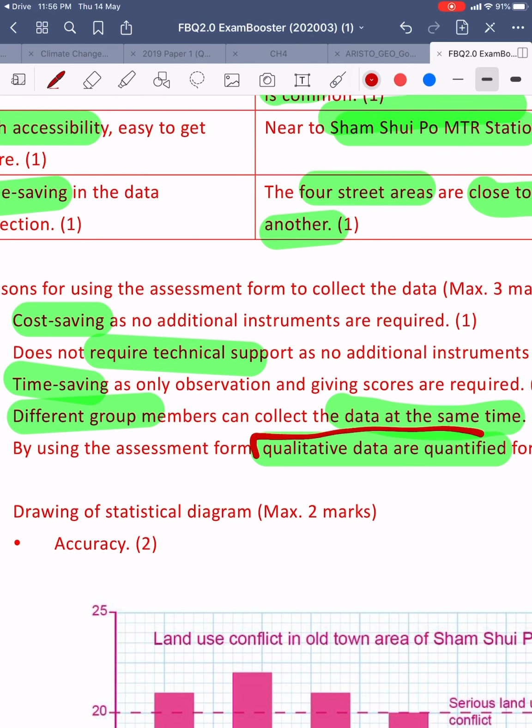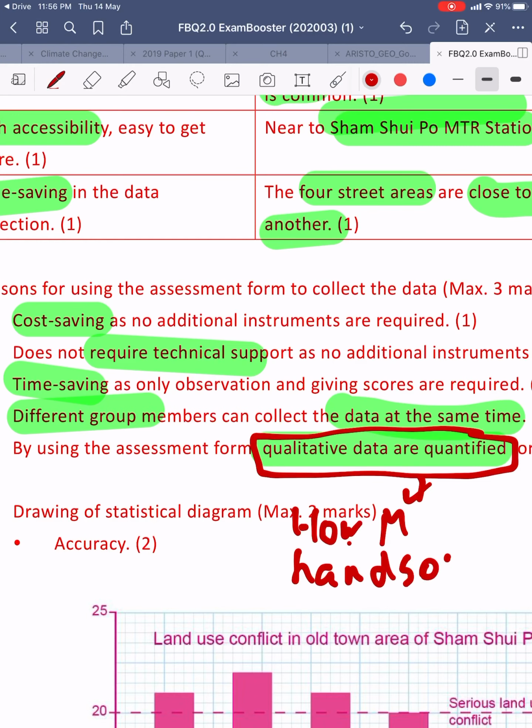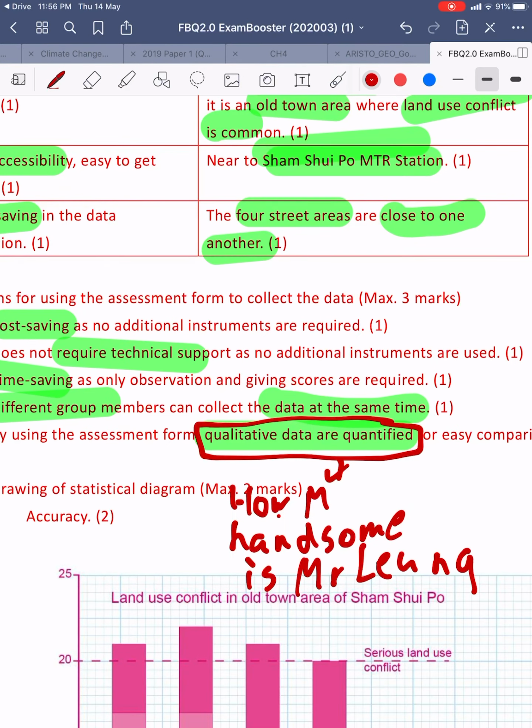Most of the qualitative data can be quantified. Just like, is Mr. Leung handsome or not? How handsome is Mr. Leung? As I have mentioned before, you can make a comparison. If you say Mr. Leung is just 1 star handsome, then he is definitely poorer than Leon Lai, or poorer than others. So this one will be the very descriptive